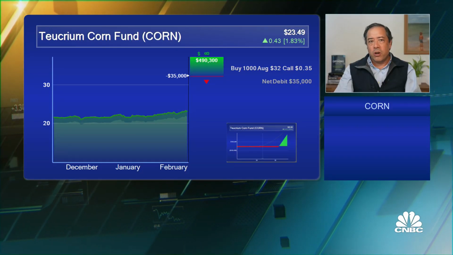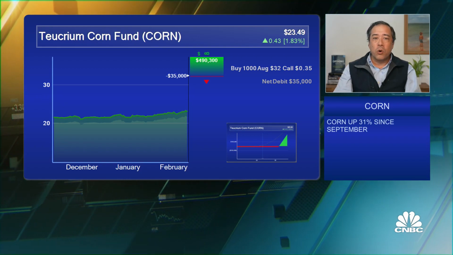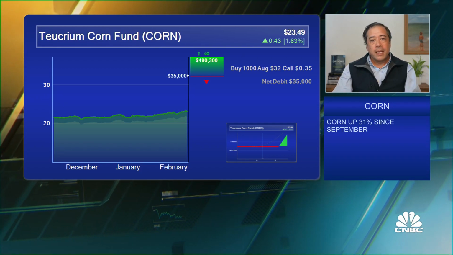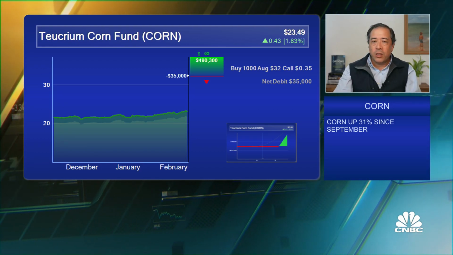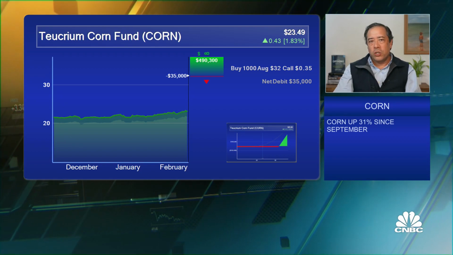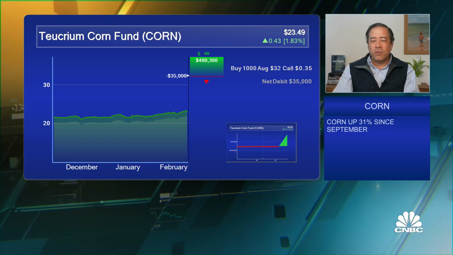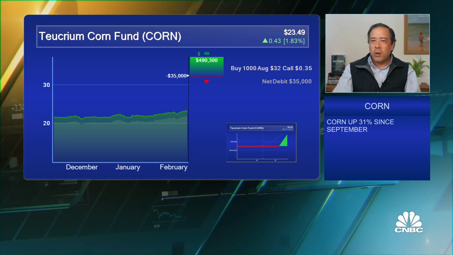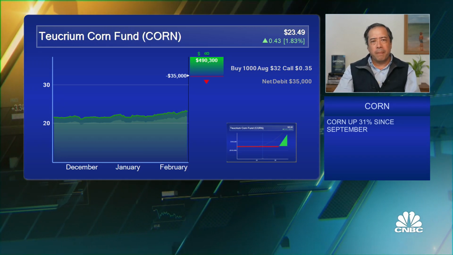Yeah, it's not the only soft that's seeing this kind of activity. Another agricultural commodity that was trading higher and seeing a lot of call activity was corn. The March 700 calls were the most active, with calls outpacing puts by about 3.5 to 1. And the corn ETF, which shares that name as a ticker, traded 3 times the average call volume and saw opening activity in the way out of the money August 32 calls. Carter, corn closed at about $6.50 a bushel, but hit highs over $7.72 last May. Could it potentially exceed that level in the next 6 months, as some traders seem to be betting?